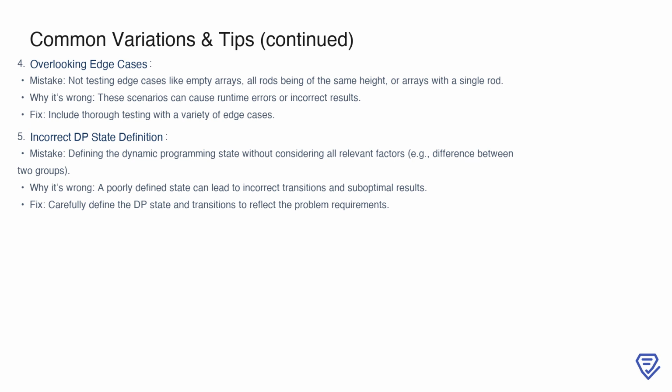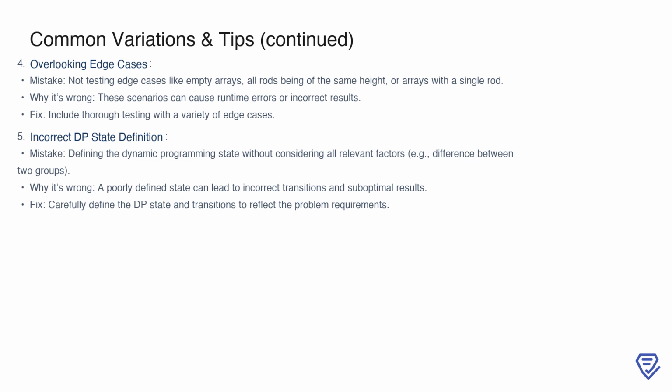Another challenge arises with improperly defined dynamic programming states. If the DP state doesn't capture all relevant factors, such as the difference between the two groups, transitions between states may be incorrect, causing suboptimal results. To address this, take extra care to define the DP state and its transitions in a way that fully encapsulates